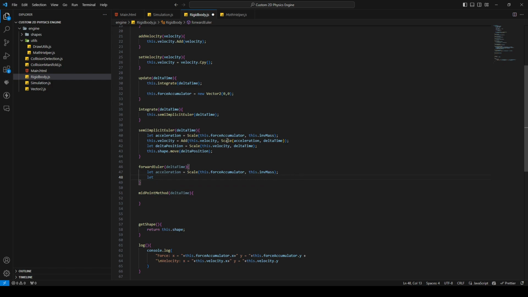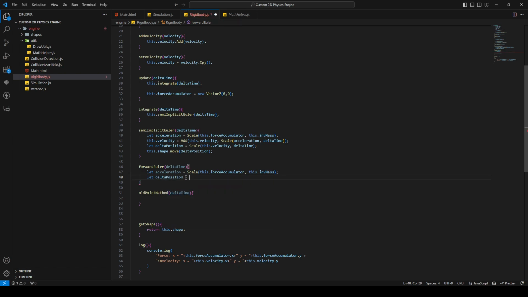Logically, this seems right: we calculate the acceleration from the invert mass and the force. We get the velocity. From the velocity, we calculate a delta position, and then we move the shape. In the Forward-Euler method, that's a bit different, and I think it's a bit weird, because here we're gonna